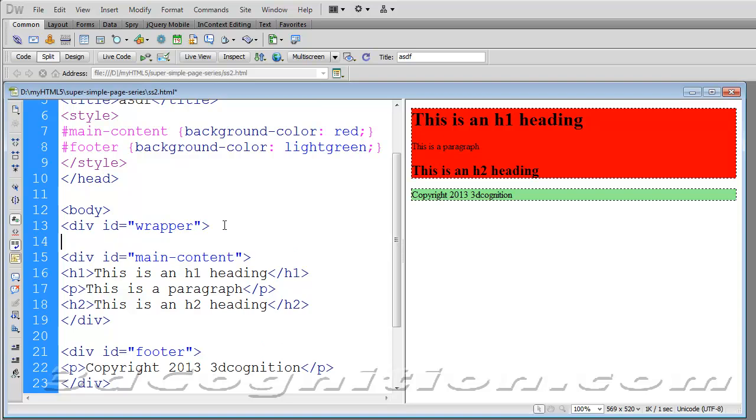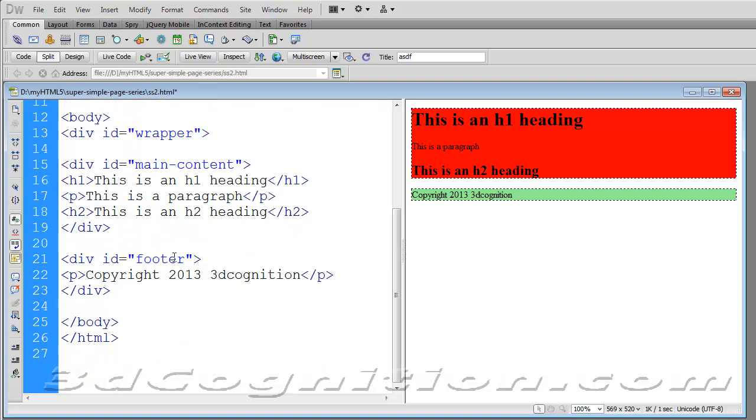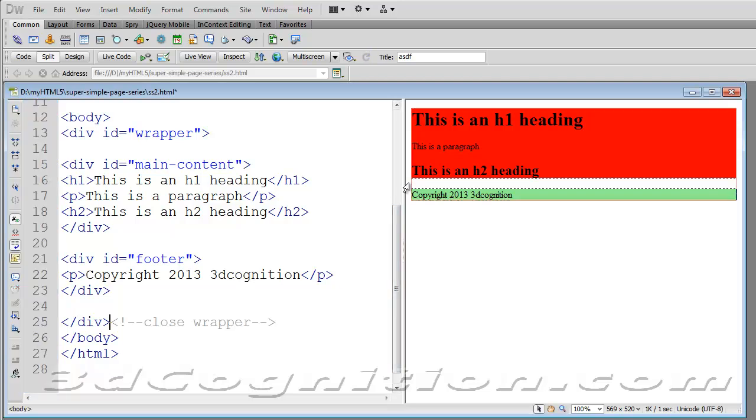So wrapper, and I'll put in a little space here to remind me that it closes way down here. And I'll even put in a comment here, and this is an HTML comment. It's a less than symbol, exclamation point, dash dash, close wrapper, and dash dash greater than symbol. So now there's a wrapper over here, and you can kind of see the edges of that wrapper, these little